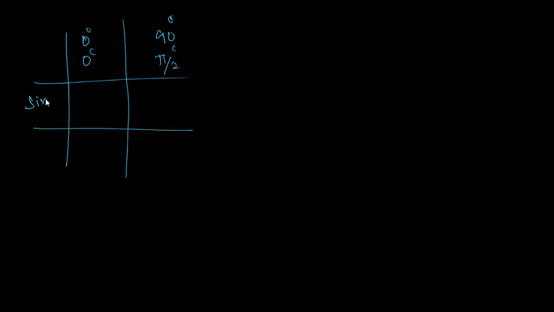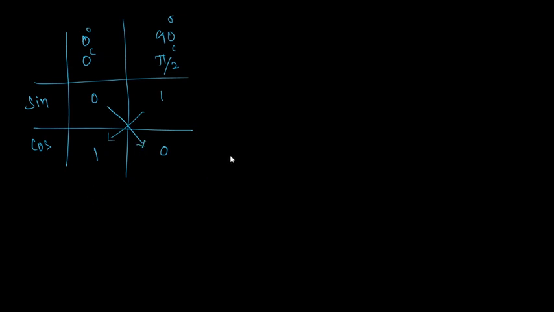Sine, cos, put sine, cos. Sine 0, you can put 0. And diagonally it becomes 0 for cos 90. Okay, so this is the best way. And what about sine 90 or sine pi by 2? That is 1. So diagonally you can put 1 here. So this is the easiest way.